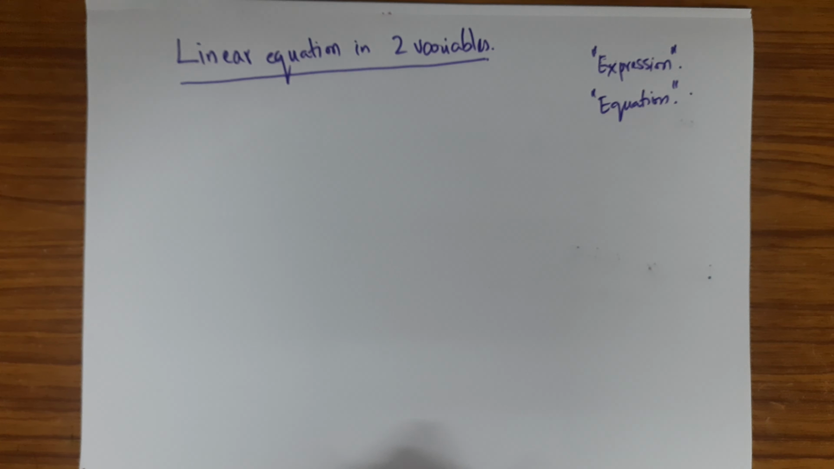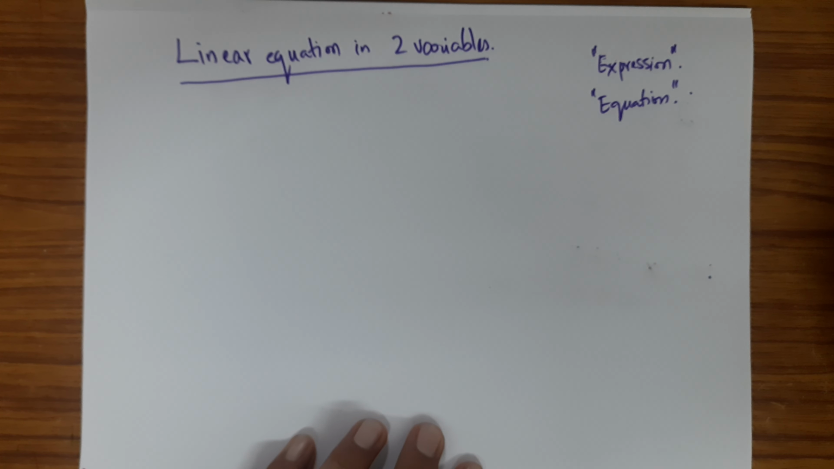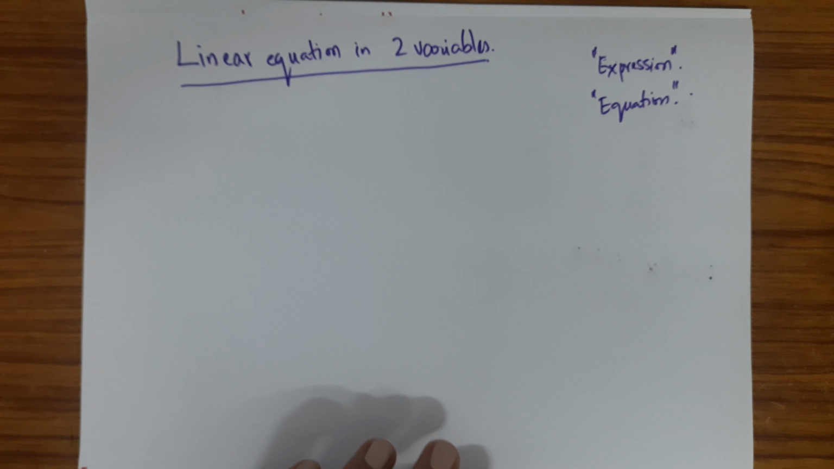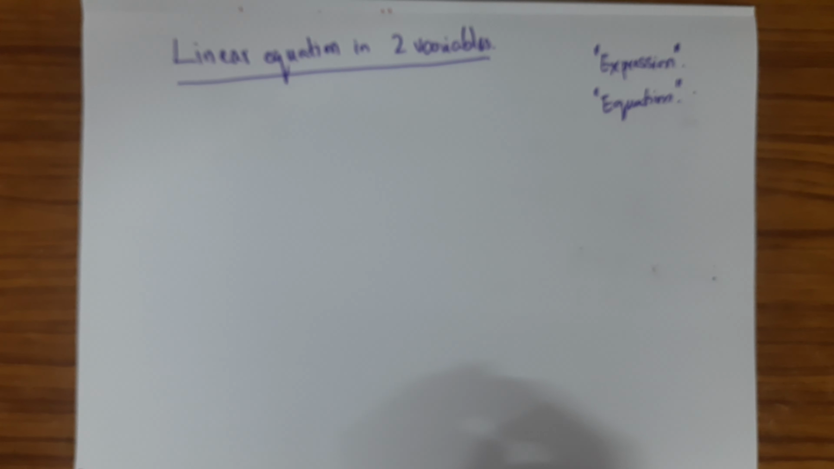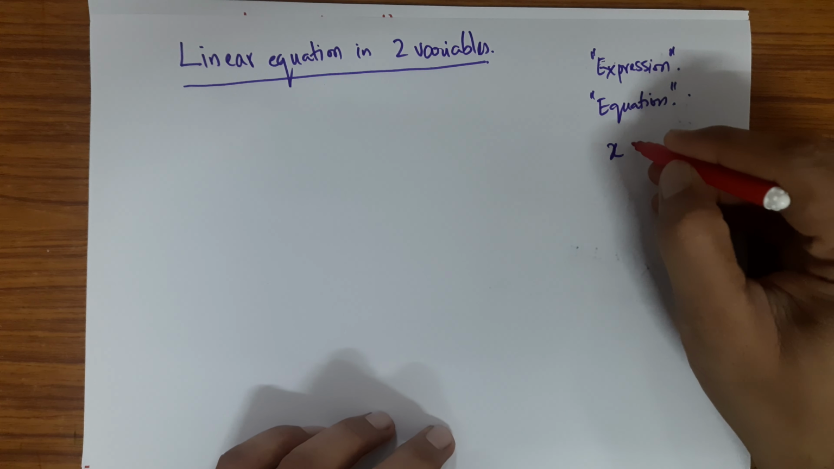Okay, so now we look at linear equation in two variables. So I hope by now the distinction between an expression and an equation is clear to children. So an expression is when you have a set of variables that are representing something, so you can substitute different values. So if you write something like x plus y, let's say,